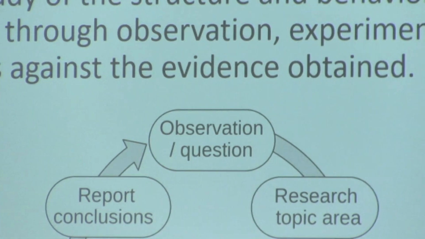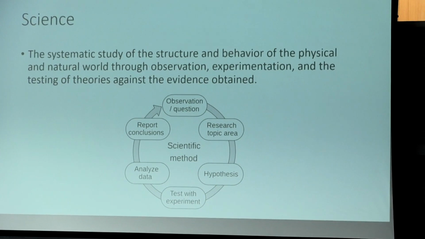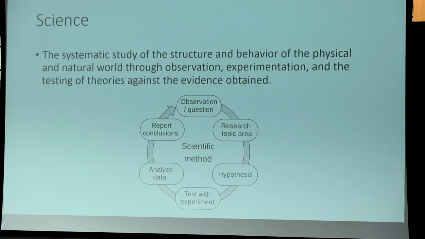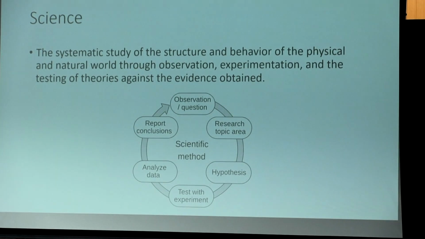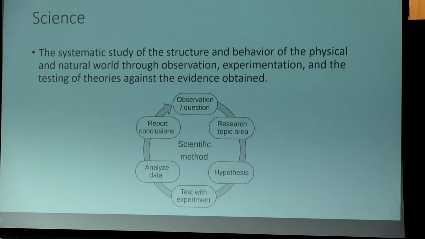So let's talk about science. Science is a systematic study, and it's observations of the physical and natural world that we look at through experimentation, observation, and testing. So when we have questions, we turn them into theories, we turn them into hypotheses, and we look for evidence in the natural world through a system. So the key to doing science is to have some sort of system that you're using, such as just recording data, or just something in your mind. It doesn't have to be as formal as keeping notes on everything.